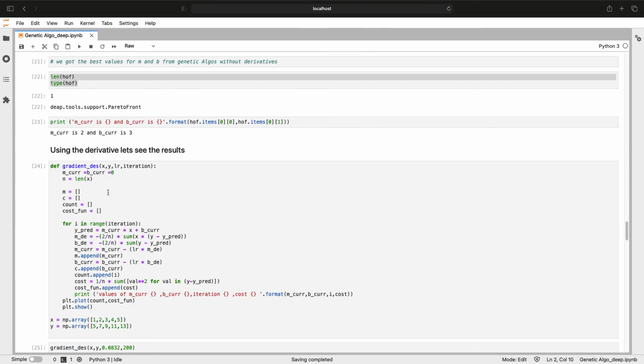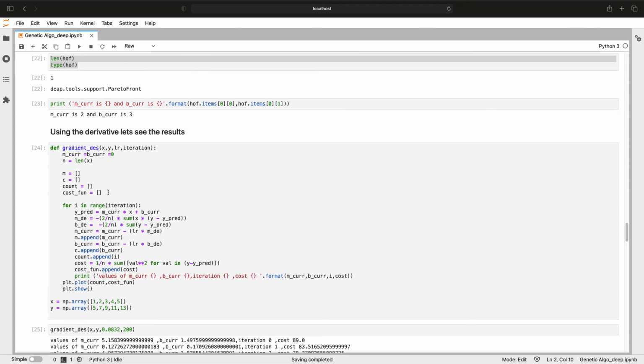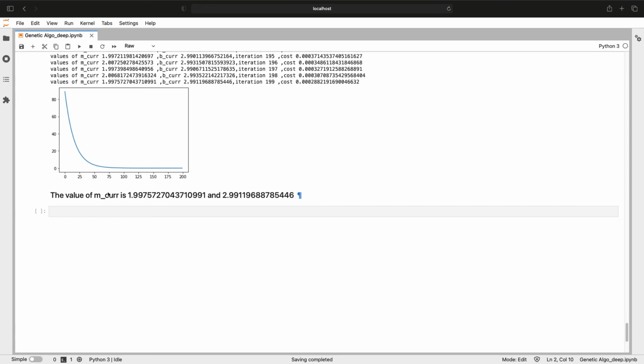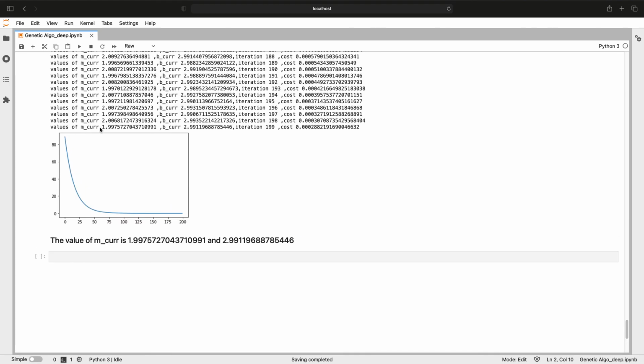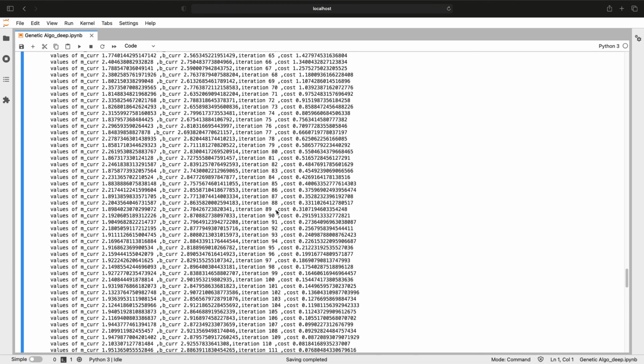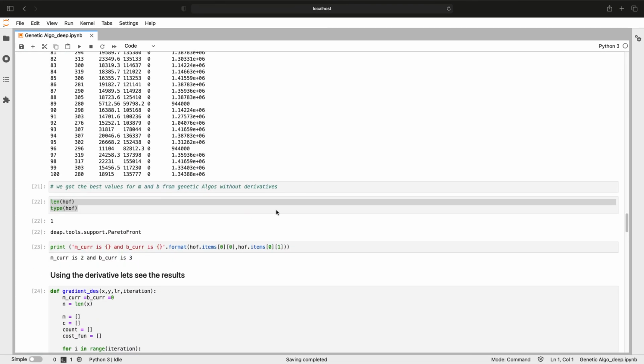Okay, so I have created a gradient descent also. In the same fashion, gradient descent is going to run with a specific number of iterations, and it is also going to give us the same result, almost around 2, and this is almost around 3. So guys, this code you can take and use in your specific use case by changing those specific values I have mentioned. And this is going to be helpful mostly for your complex problems.